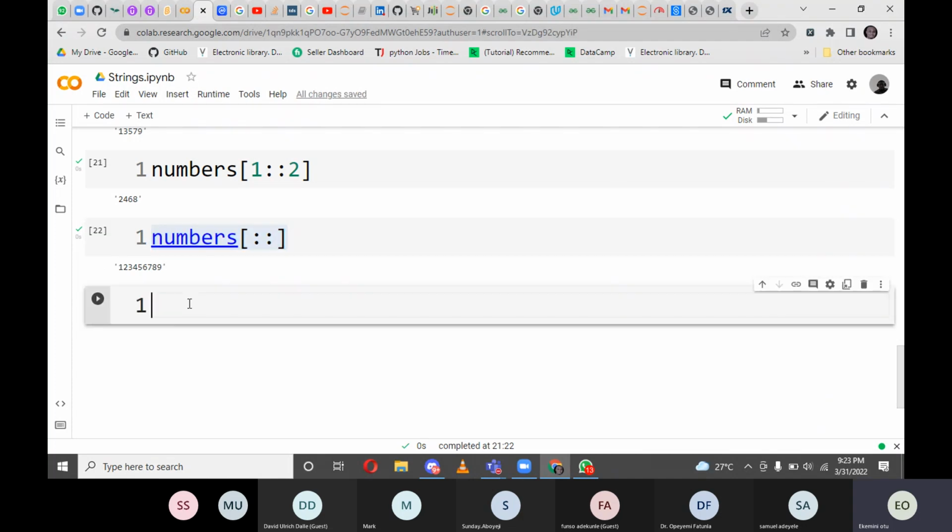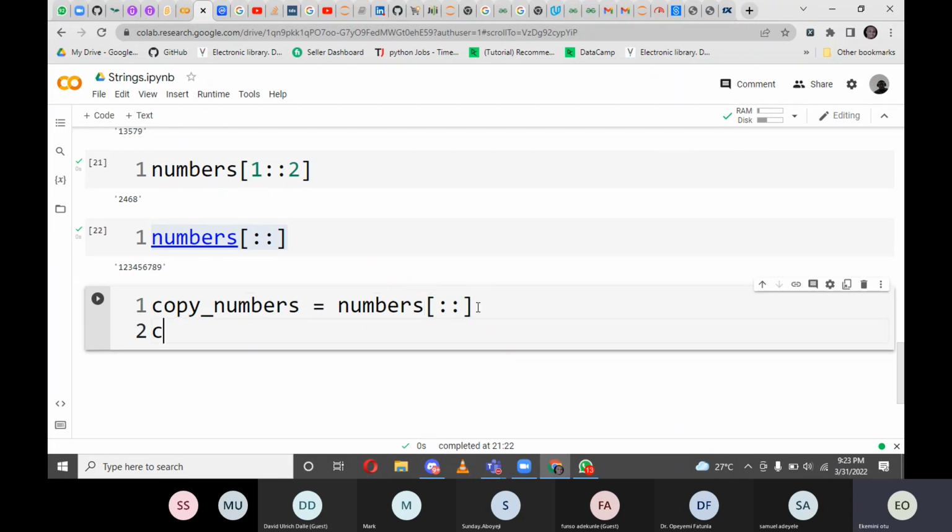And what are you going to do? You're going to create a variable name again, say copy_numbers, okay? Just say copy_numbers, define it as a new variable on your own and paste it here. Remember what we just did. So definitely, if you call copy_numbers here,